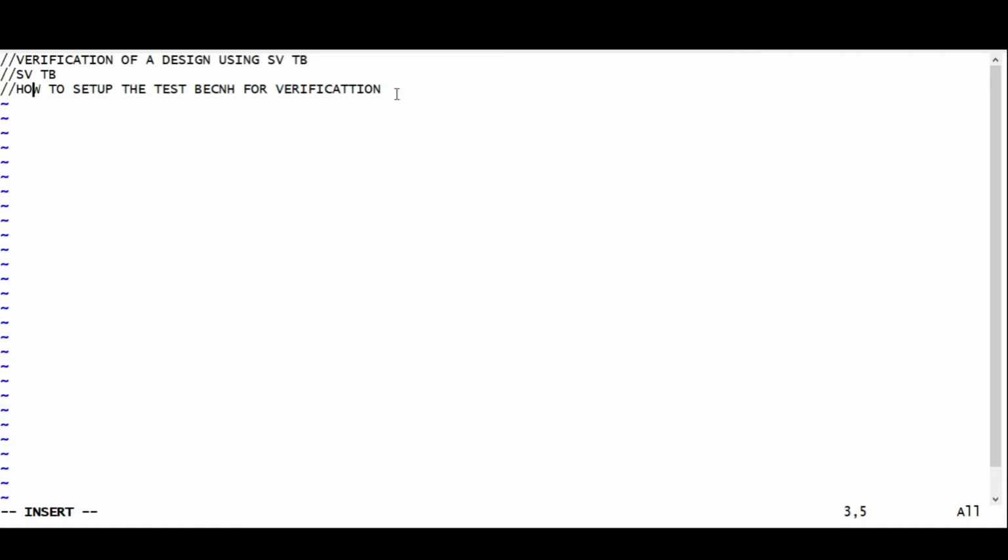So how will our setup be? We have a top module, then after that we have our test. Inside the test we have our environment. Inside the environment there are components: first the generator.